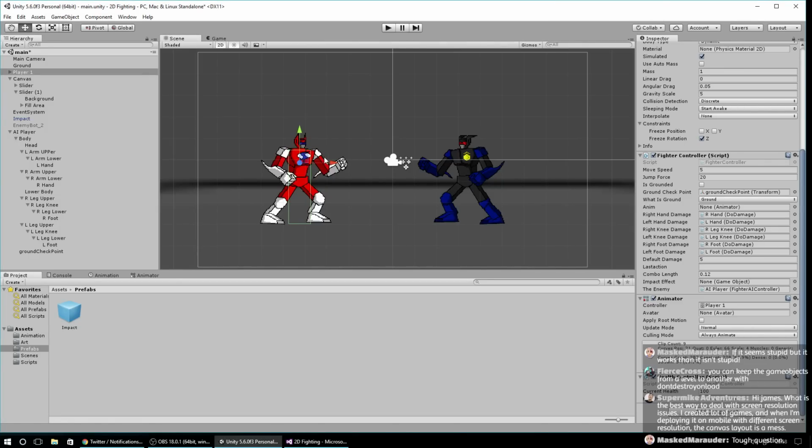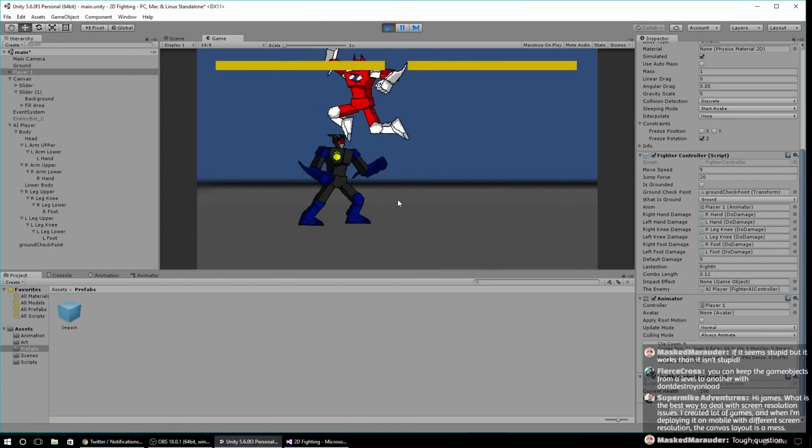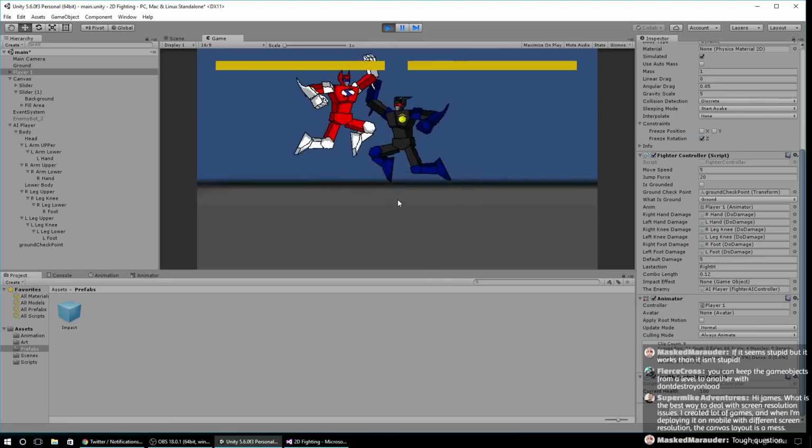What's the best way to deal with screen resolution issues? I create lots of games, and when I'm deploying on mobile with different screen resolutions, the canvas layout is a mess. Short answer I'll say is yes, it is a mess. The canvas system in Unity is incredibly messy, and if there's a very simple and obvious solution to this, now...